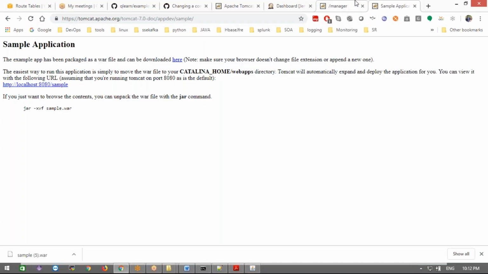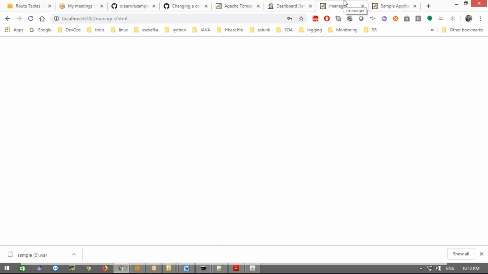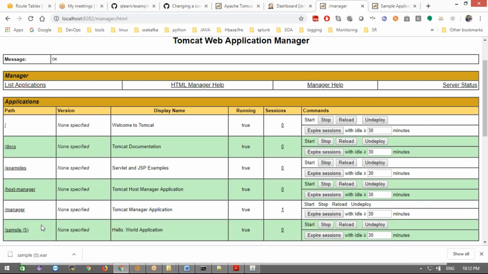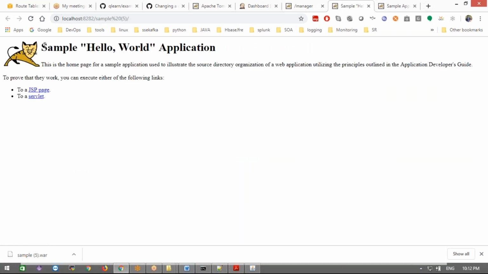Now see your web page here. Go to this and refresh this page. I don't have a sample file here, right? Application. Just refresh here. See, my sample file will come from here. If you control-click, this is the website we deploy. This is the web application we are going to deploy. This war file, the output we get in the target folder, is the war file we are going to deploy